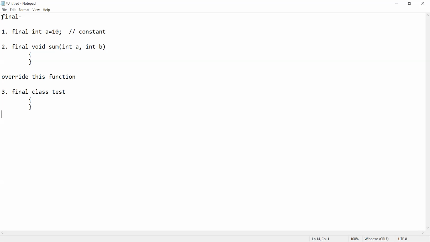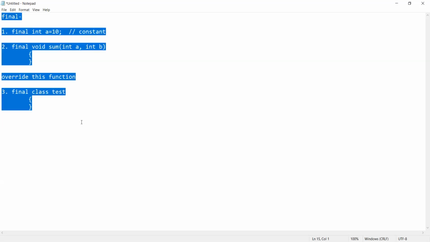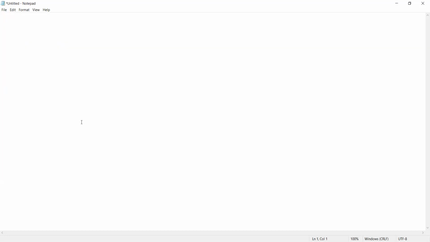So whenever you are using a final keyword, be careful what kind of properties it will give you with the variable, the function, or the class. Fine. So formally, we are closing the topic of inheritance now. We have already seen what inheritance is, how you will override the method, how you will overload the method, how you will do constructor overloading, how you will make different kinds of inheritance, what is the use of the super keyword, and what is the use of the final keyword. Now, today's topic is arrays. So an array is what? It is a collection of similar kind of data.